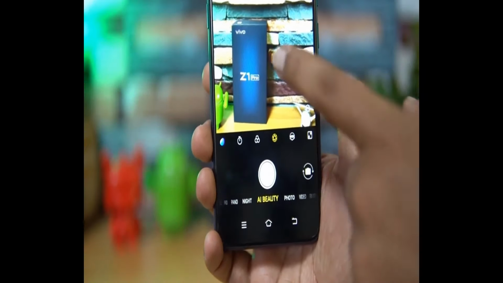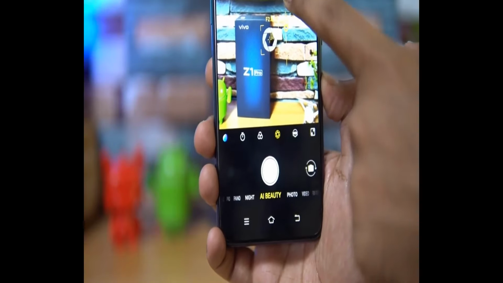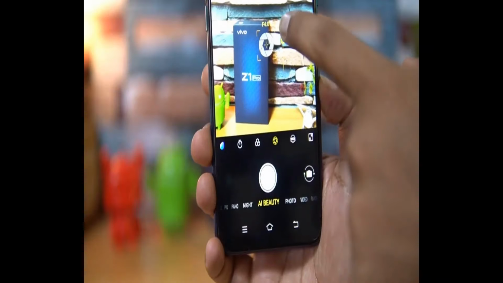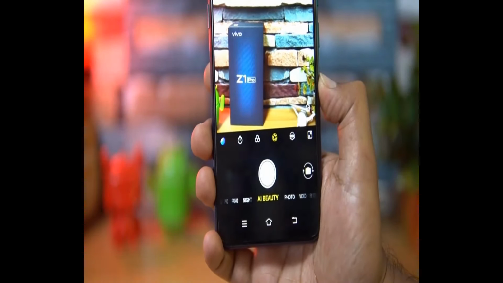Apart from that, here you can actually change the aperture value from f-stop 0.95 to f16, so that's the available option, and f-stop for 0.0 is